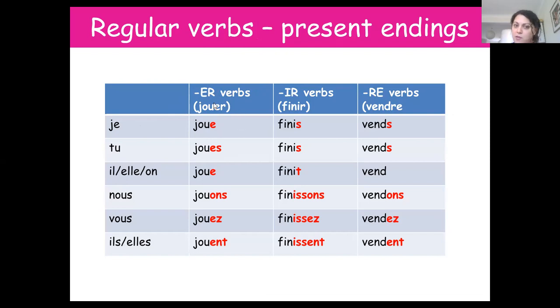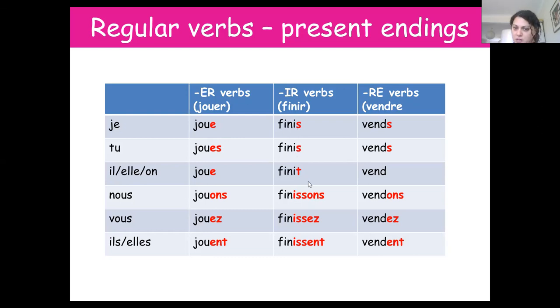And for ER verbs, regular verbs, it is always going to be: first get the stem. You've got jouer, which is to play. Second step, we remove the ER here, and we're left with JOU. So you write JOU everywhere, the 6 times, 6 different subjects that they can use. And then third step, you add the ending. Okay,